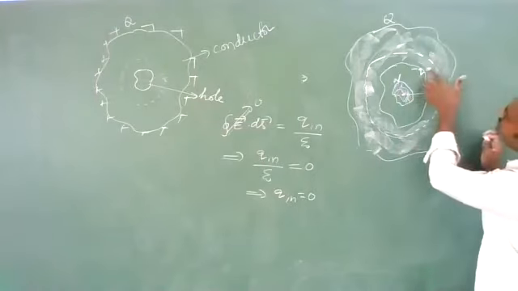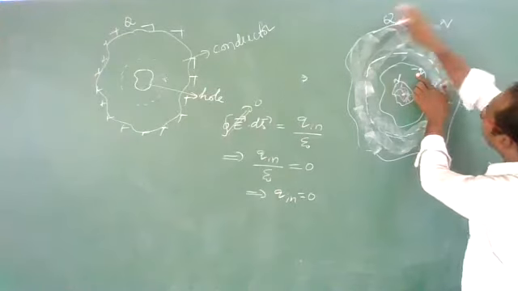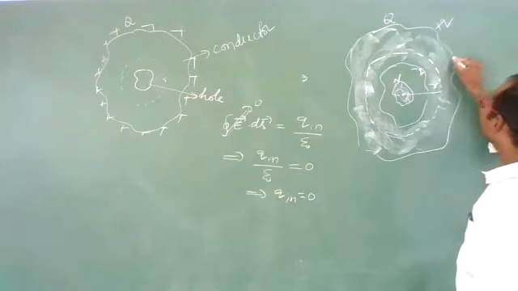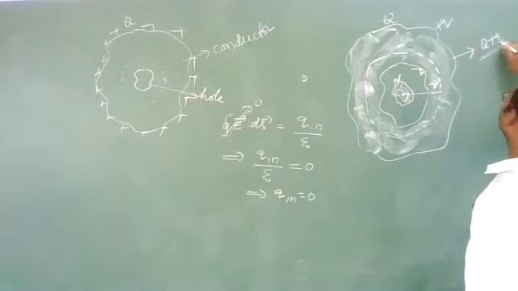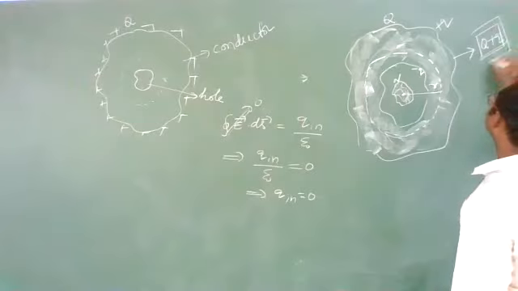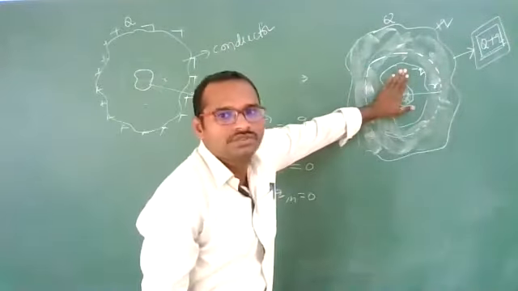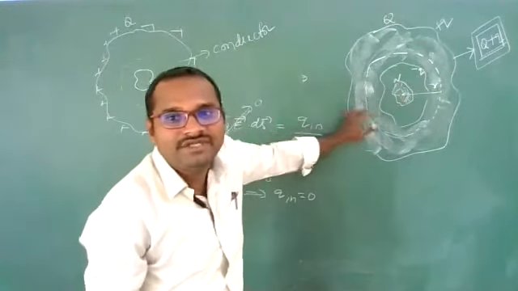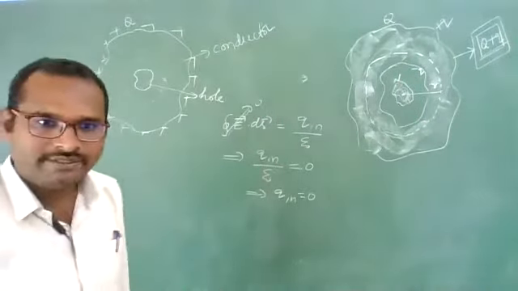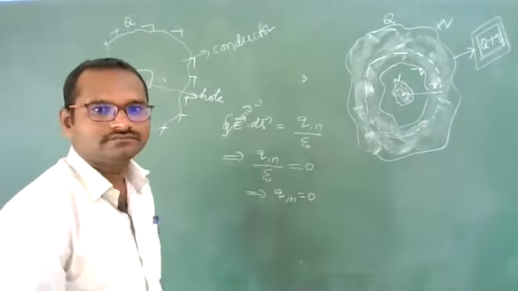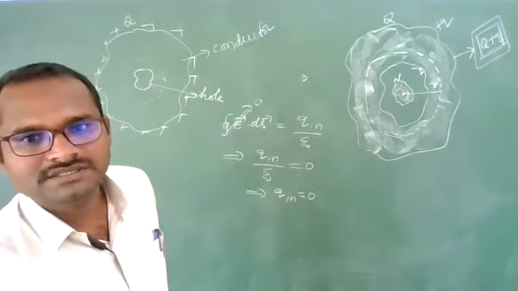Whenever a minus q charge comes on the inner surface, plus q charge will go to the surface of the conductor. Now the total charge on the outer surface of the conductor will become Q plus small q. Very, very important point, you must remember this. So the total charge inside remains zero, so that the electric field at any point of the conducting material will be zero. Did you understand this point? Any doubt in this?